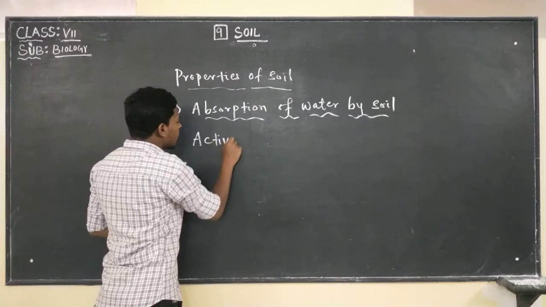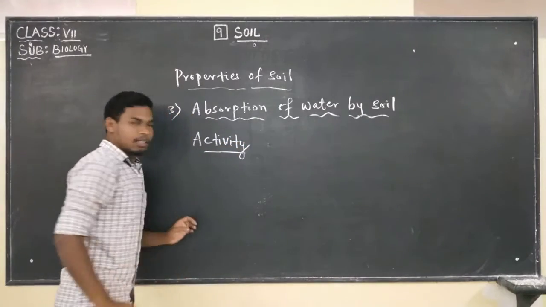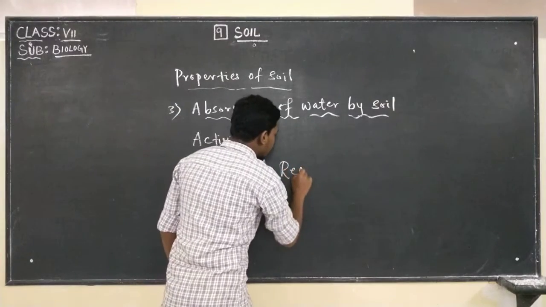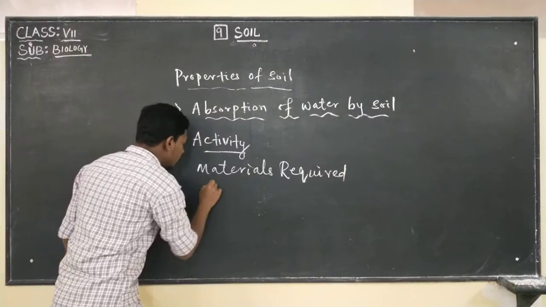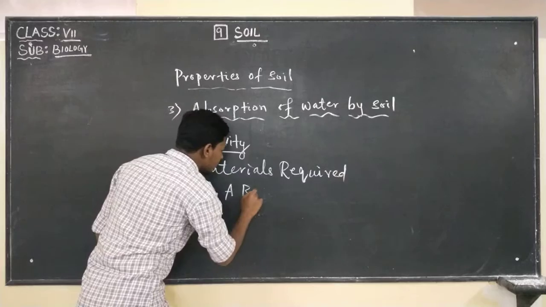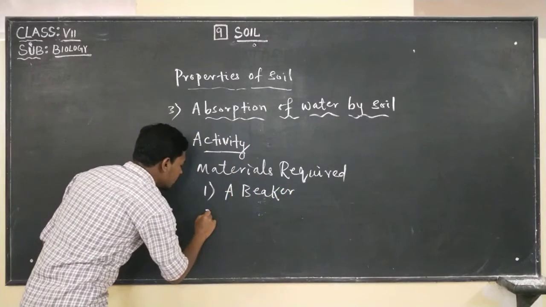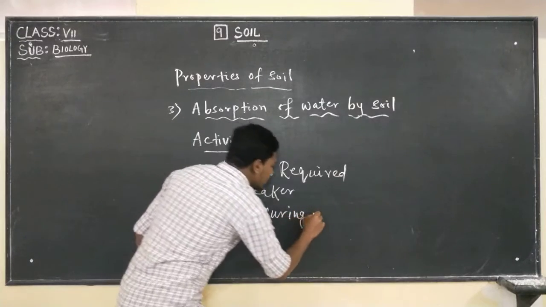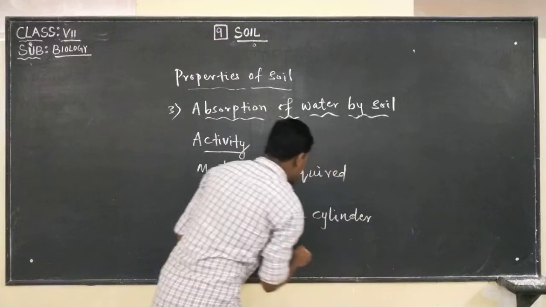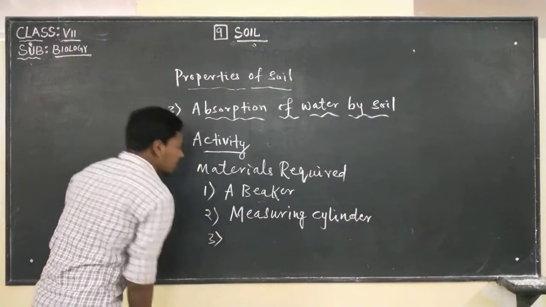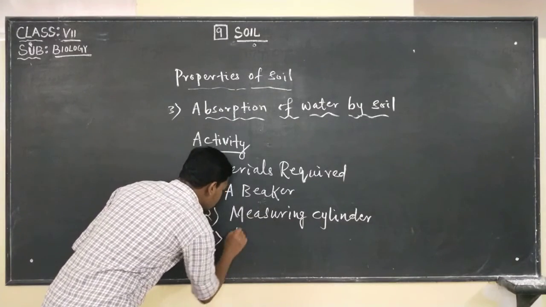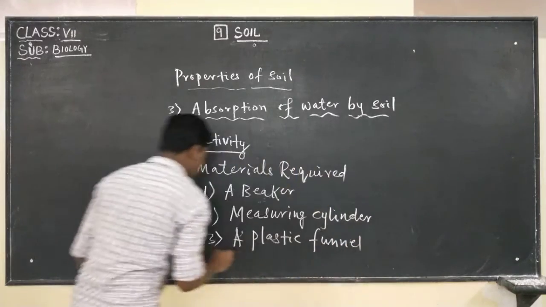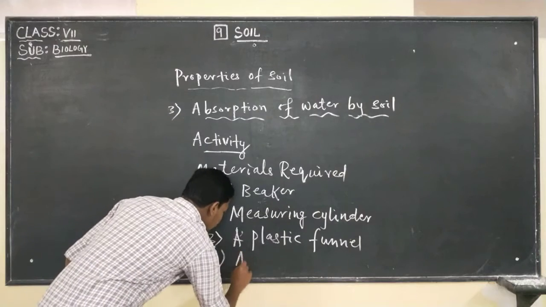In this activity we need materials like a beaker, second, a measuring cylinder, and we need a plastic funnel, and we need a dropper,